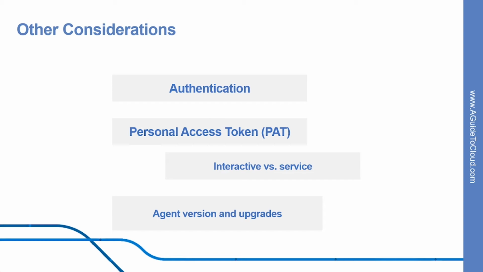Microsoft updates the agent software every few weeks in Azure Pipelines. The agent version is indicated in the format major and minor. For instance, if the agent version is 2.1, then the major version is 2 and the minor version is 1. When a newer version of the agent is only different in minor version, it is automatically upgraded by Azure Pipelines. This upgrade happens when one of the tasks requires a newer version of the agent. If you run the agent interactively, or if there are newer major versions of the agent available, then you have to manually upgrade the agents. You can do this easily from the agent pools tab under the project collection or organization.